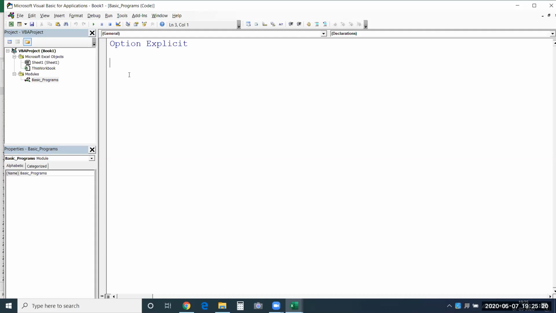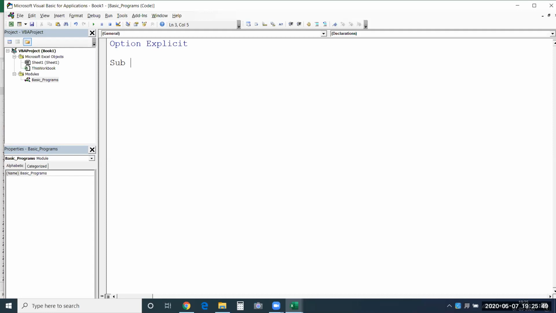Now to begin with, you need to first know how to use the syntax, how to start a macro. I'm just displaying that to you currently. You need to begin with Sub. Sub is a keyword here which indicates it's a subroutine. The term is taken from assembly level language programs, ALP programs, which are used for programming electronic items.